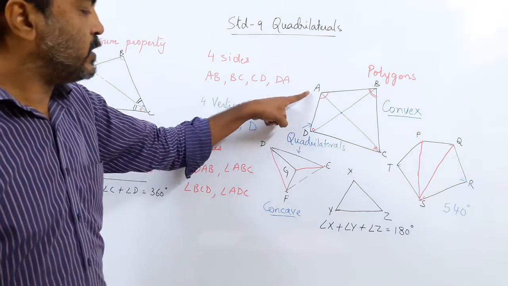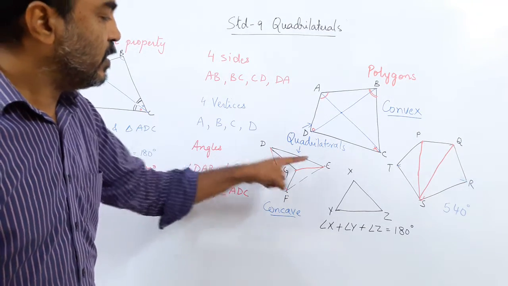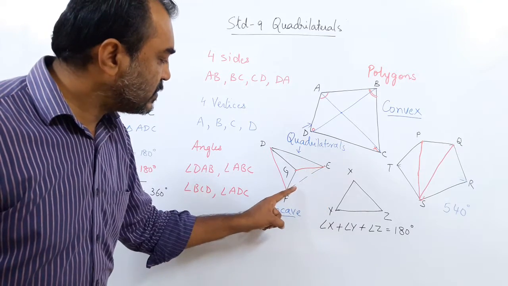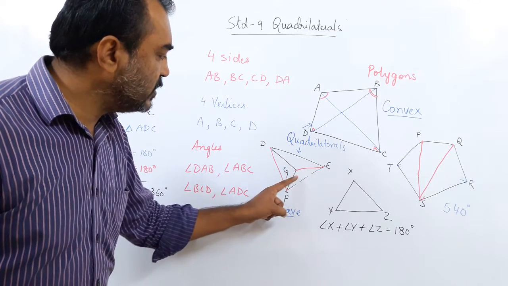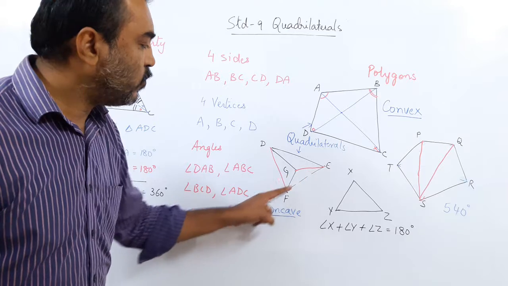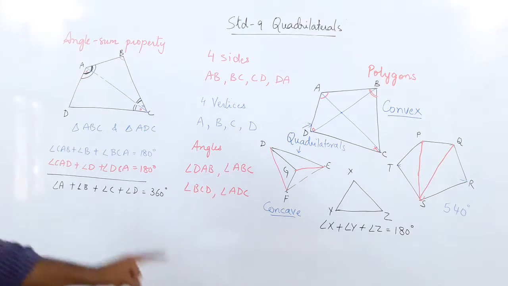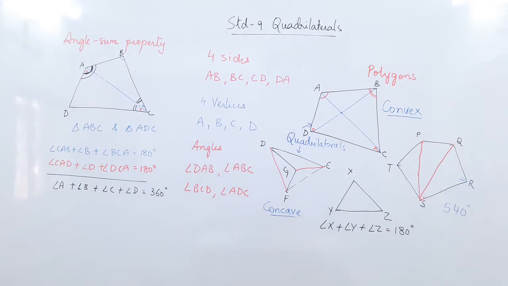Even if it is convex or concave, no matter which one it is. If you add this angle E, this angle F, the whole angle G, the reflex angle, and angle D, the 4 angles will give you a total of 360 degrees only. So this is the first property of the quadrilateral, called the angle sum property. Is it clear? So now we will move to the types of quadrilaterals. By the name we will try to understand the quadrilaterals.